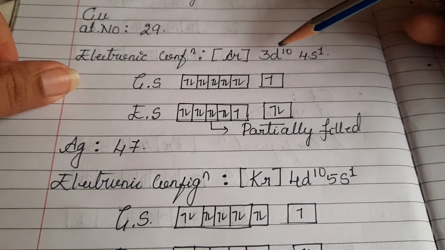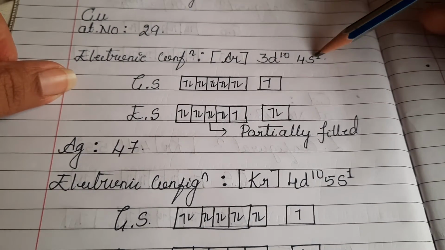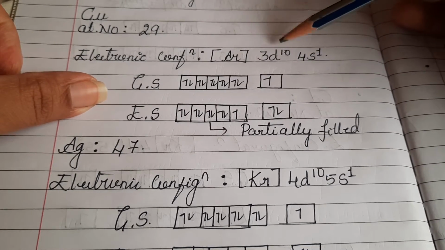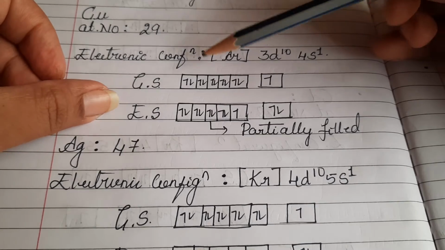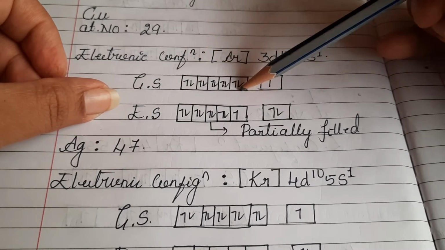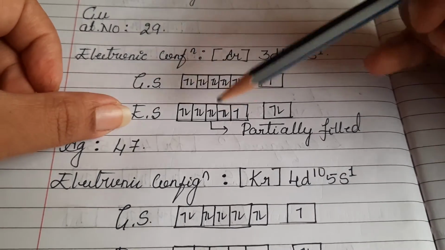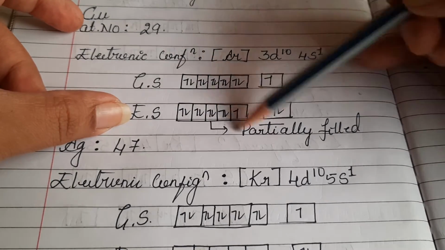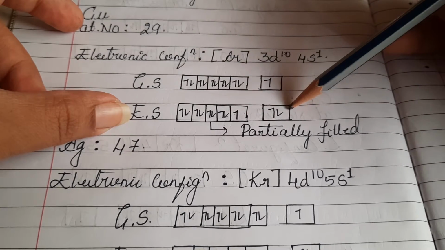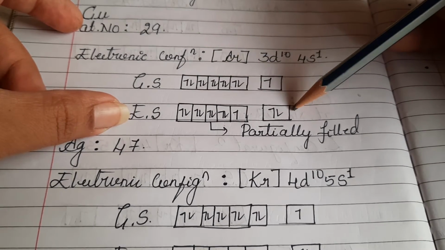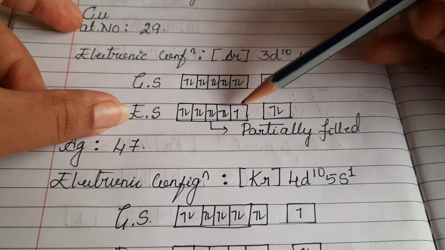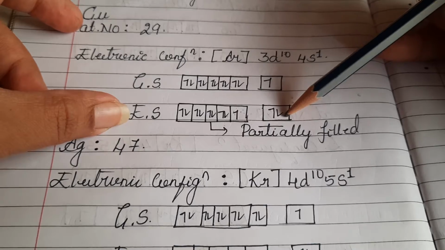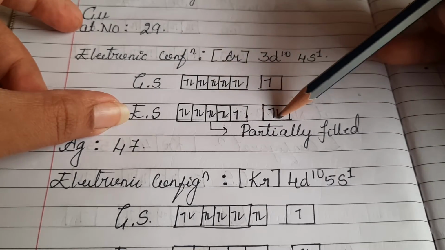What is the electronic configuration? It is 3d10 4s2. It is similar to zinc and cadmium, which we have discussed already. But the thing is, see here, we have d orbitals filled in the ground state. When you move to the excited state of copper, the d orbital is going to lose one electron to the s orbital. I repeat, due to the very small energy gap between (n-1)d as well as ns, jumping of electrons takes place.